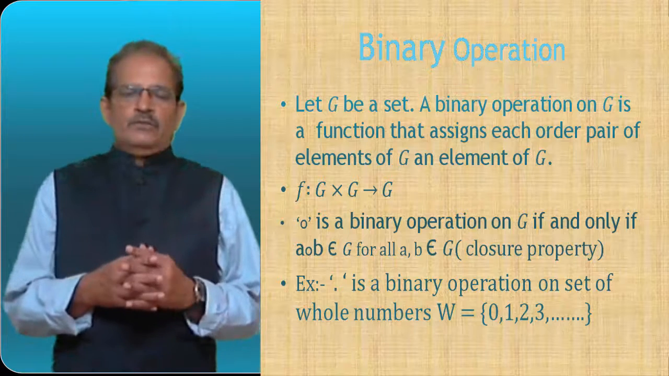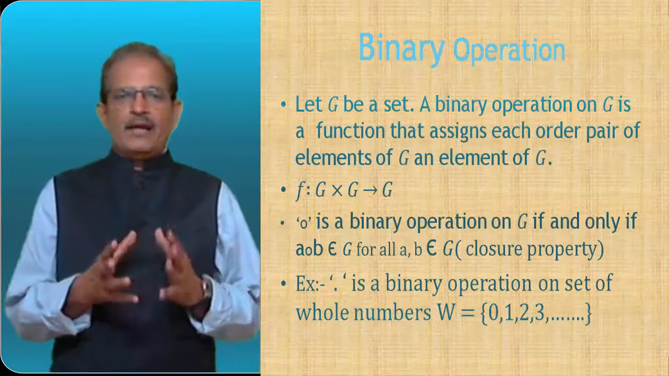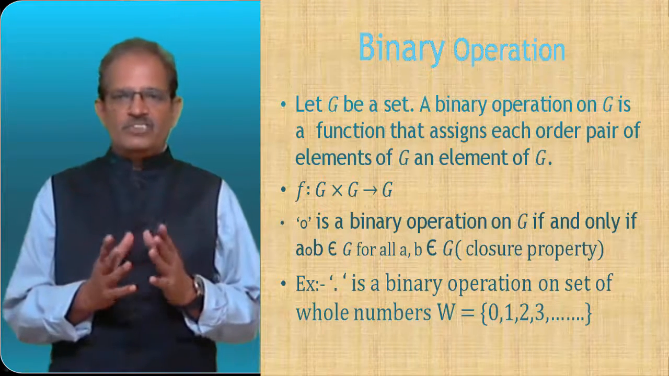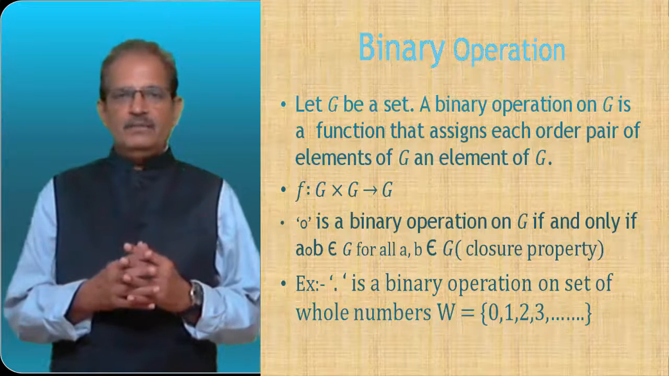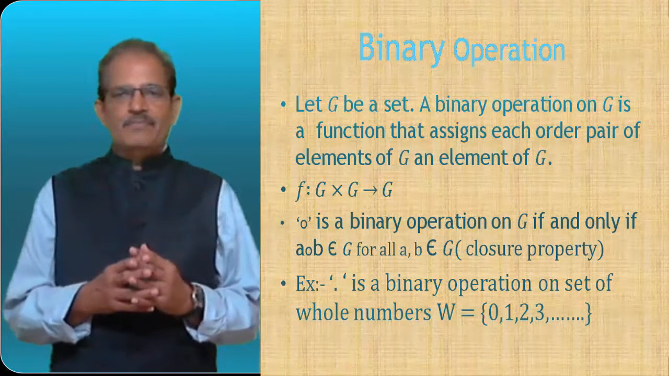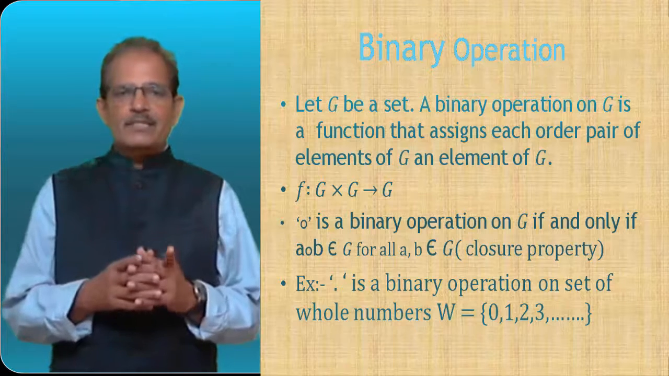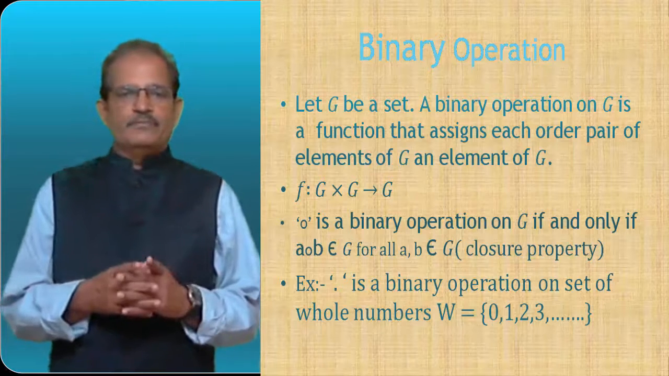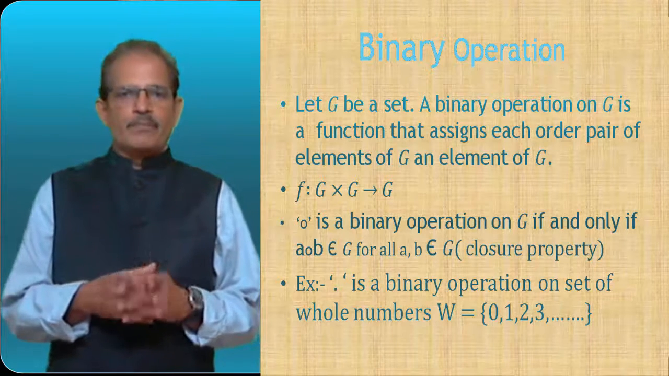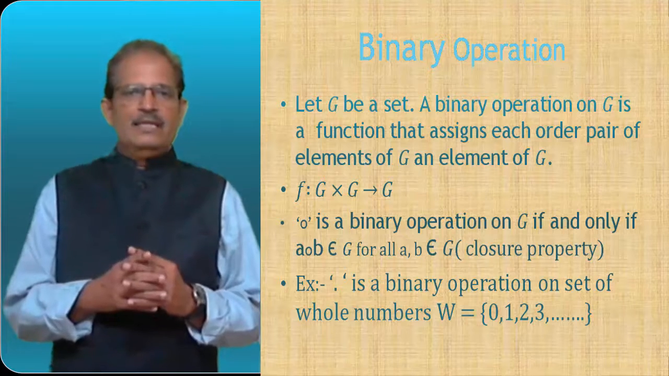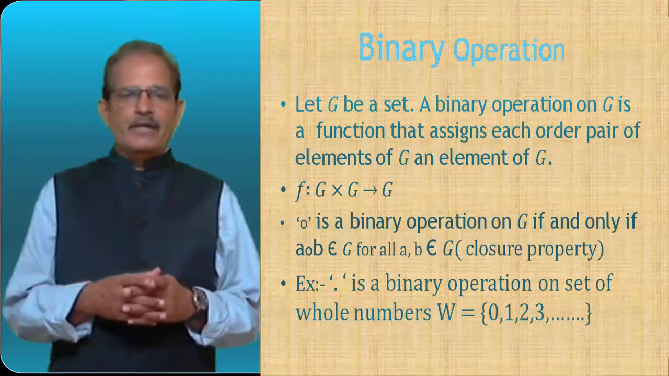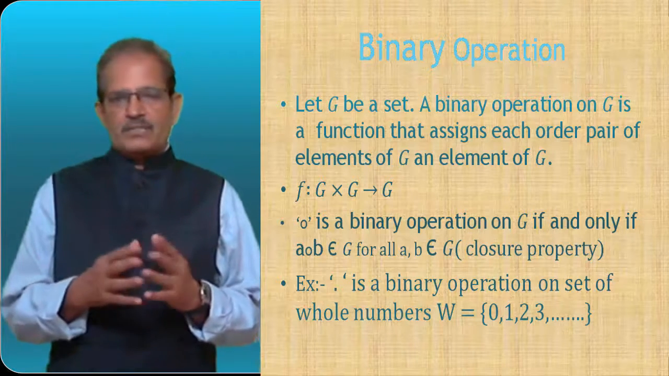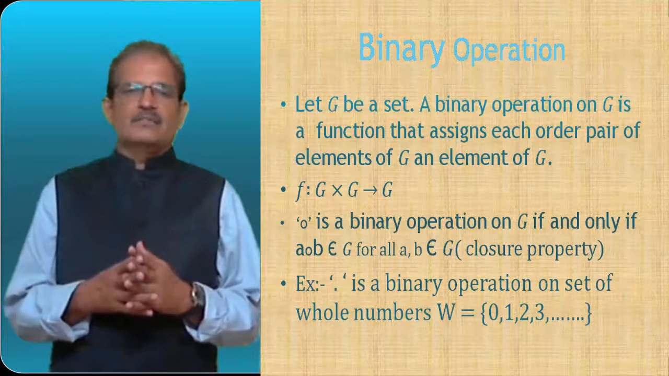What is binary operation? In group theory, the binary operation is given by: let G be a set. A binary operation on G is a function that assigns each ordered pair of elements of G an element of G. In a way, F, the so-called binary operation, is a mapping from ordered pair G cross G to G. You will be knowing this binary operation in your computer science and other fields. But in this topic,